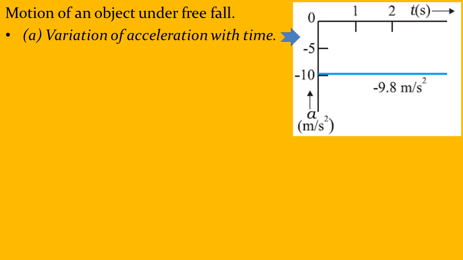If you plot this graph from these equations, you will realize that whatever is the time t, the acceleration is constant, 9.8 meters per second squared. On the horizontal axis, I have the time. On the vertical axis, I have the acceleration. Now, as the time is progressing, is the acceleration going up or down? No. So, it is a constant acceleration.